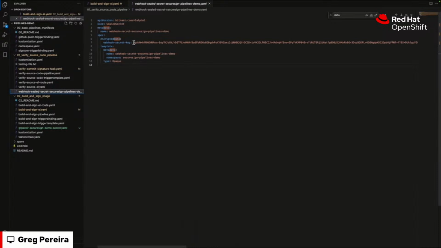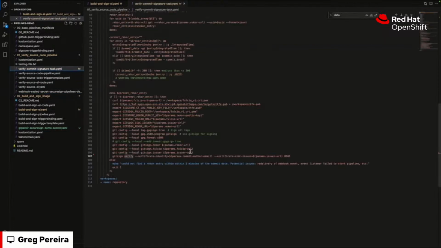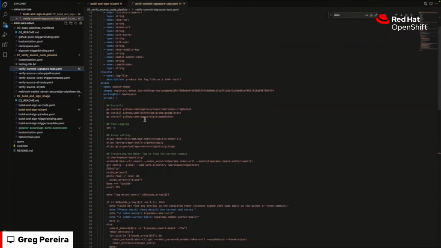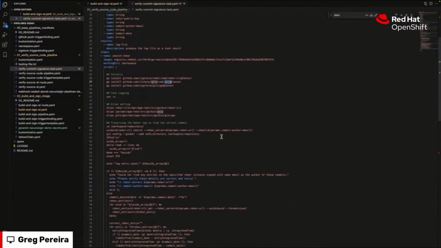This was just how we were managing secrets at the time, but I think we've moved to creating manual secrets with the automation scripts. So that's been replaced. And this is the actual task. It starts by just installing the binaries, but again, this has been swapped out to productized binaries in the actual application at this point. We set some logging on the task. We create aliases for the binaries that we just installed via Go.